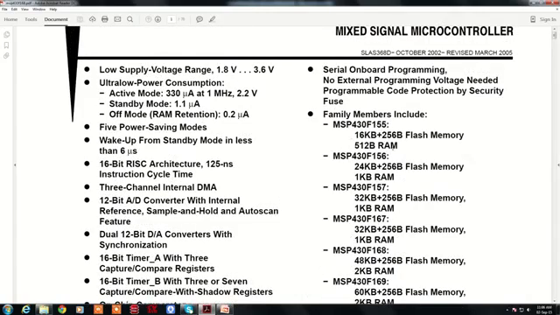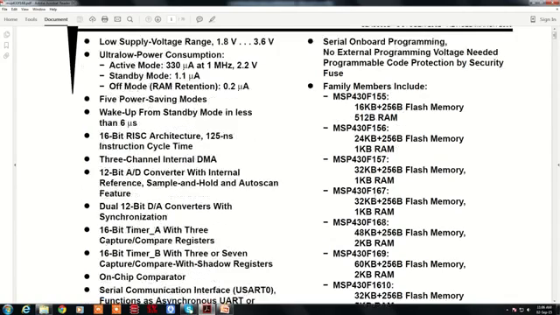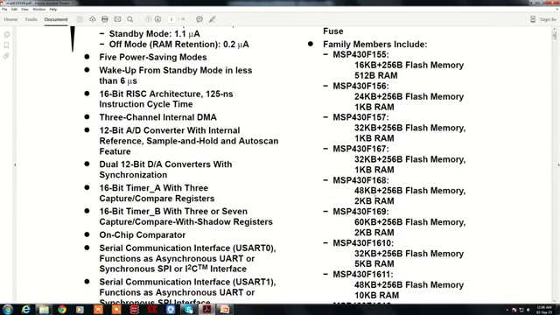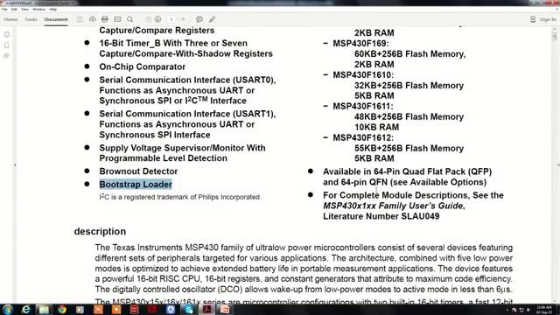MSP430 is a family of various controllers. As you can see, the amount of flash and the amount of RAM is different for different ranges of controllers. For example, this MSP430 has 48 kilobytes of flash memory and 2 kilobytes of RAM space. The package is a 64-pin package, and different packages are available.